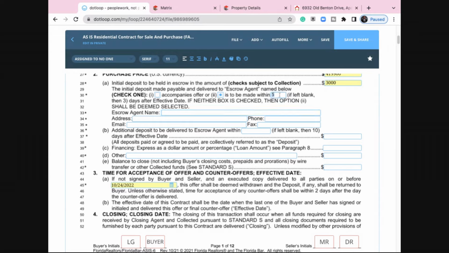Now, in most cases, you're going to have to talk to the listing agent and say, hey, listen, this is the reason why we cannot make escrow in 3 days. My buyer doesn't have access to his cash, or there's more than one person who has to sign off on an account, and it may take an extra day or so for that buyer to contact the other person that has access to the account so that they can send the wire over. It may be a legitimate reason to send that wire or send that information to the escrow agent that cannot be